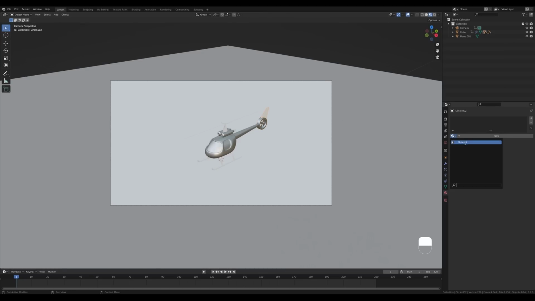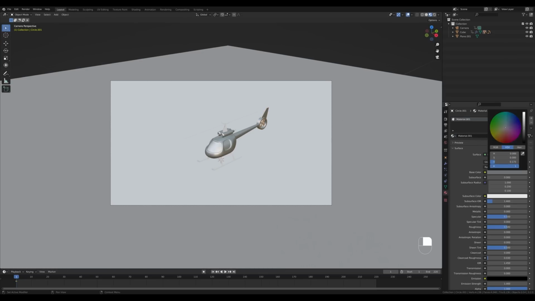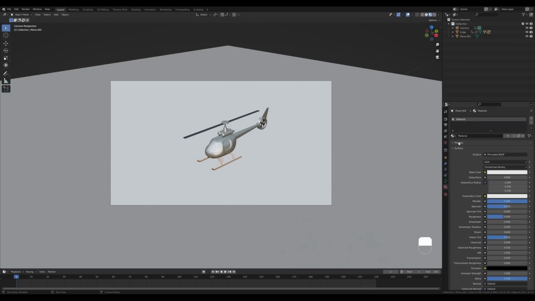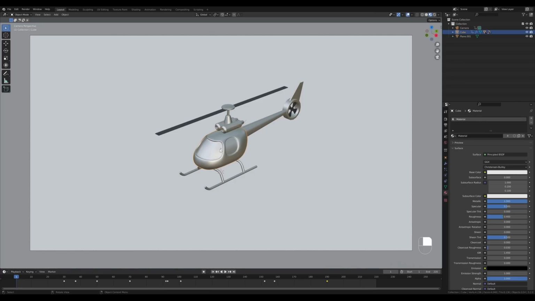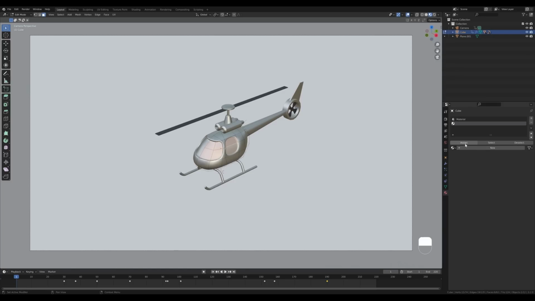Maybe we can have a different material for the propeller, so let's disable that one and let's add like a dark gray material or something, and same for the propeller on top. And here we can add that metallic material, and for the landing gear as well. And now let's add some windows, so tab in, go for face select by pressing 3, select these 4 faces and these 2, create a new material slot, and I will press Ctrl+ to increase that selection there. So I include the small parts around the windows and click assign.